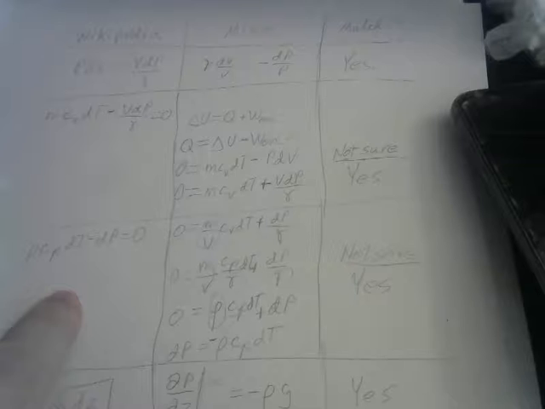So here is what it looked like on the piece of paper, where I went through Wikipedia's equations versus my equations, figured out, okay, yes, they match. This one I wasn't quite sure because there was a negative sign and I had a positive sign, but this just depends on whether you define W to mean work on the gas or work done by the gas. So that's probably where the difference in sign came from. And finally, down at the bottom, I ended up agreeing.